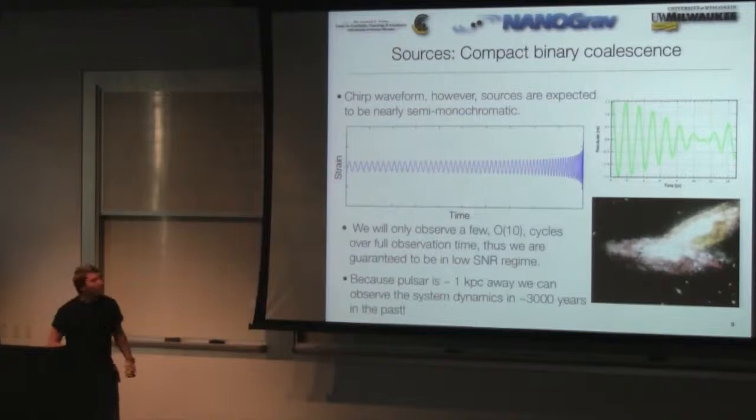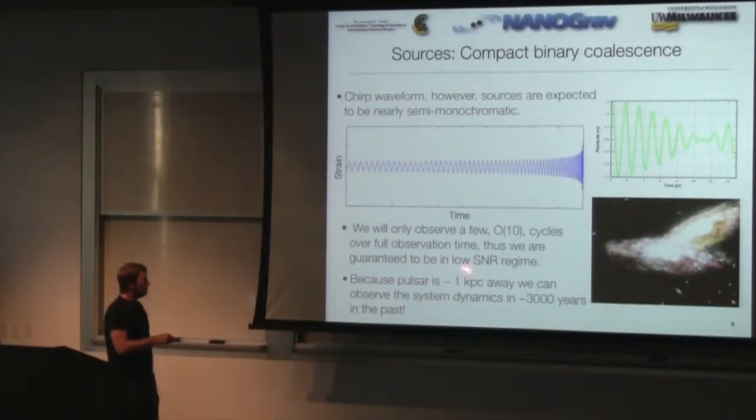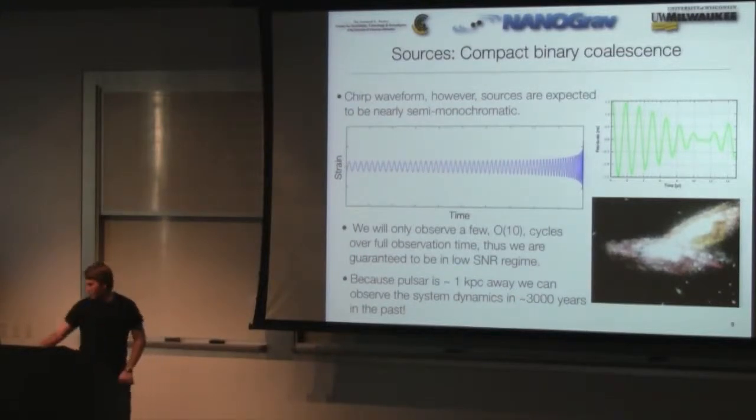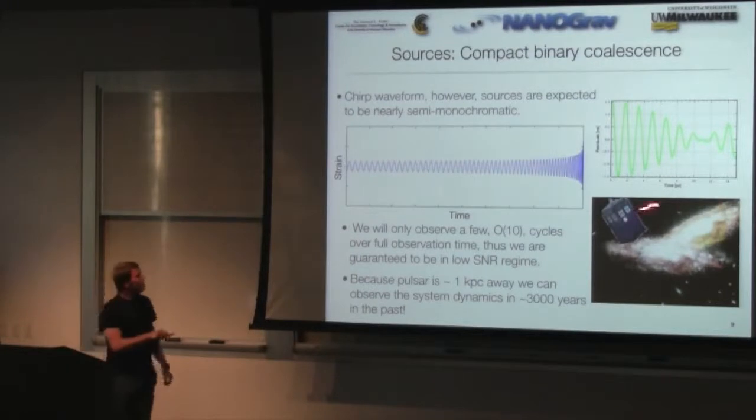But with the pulsar term, because these pulsars are kiloparsecs away, you're basically seeing about a few thousand years in the past. So you can measure orbital dynamics over thousands of years, as opposed to your observation time of 5 to 10 years. Basically, this gives you a time machine to go back and probe these supermassive black hole binaries. And one other thing I wanted to mention, which is one of the major differences between pulsar timing arrays and LISA-like or LIGO